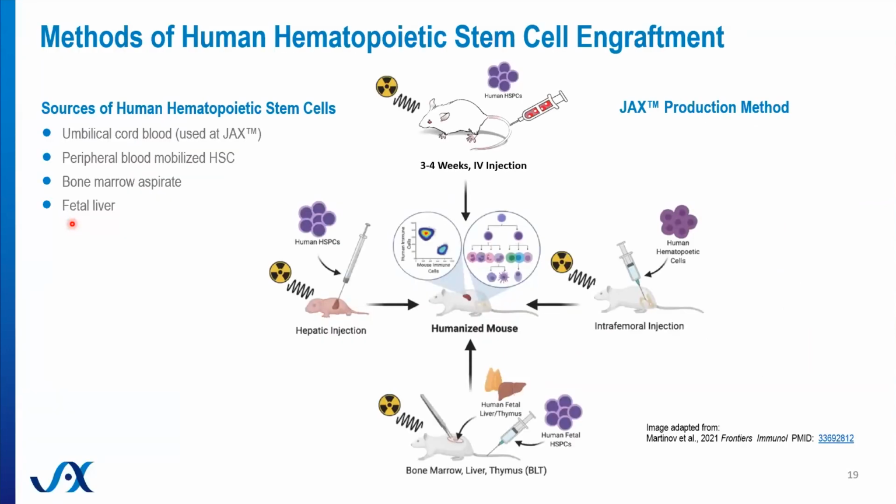All right, so there's a number of different sources that have been reported in the literature for where you can get your human hematopoietic stem cells. The most commonly used is the umbilical cord blood derived. Those are readily available. There's a number of commercial resources. Many hospitals provide the opportunity to obtain these cells. And this is the cell population that the Jackson Laboratory is using in what we call the JAX production method,